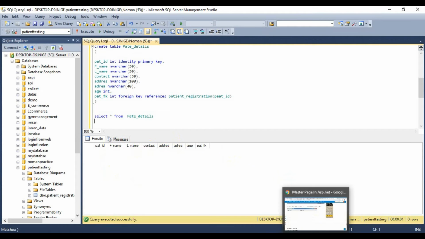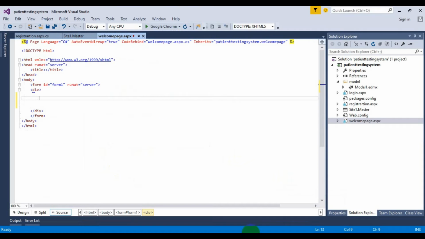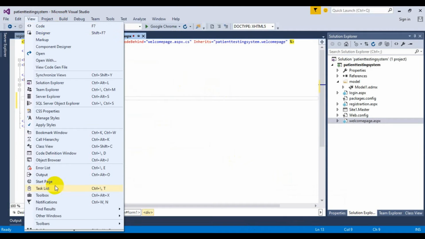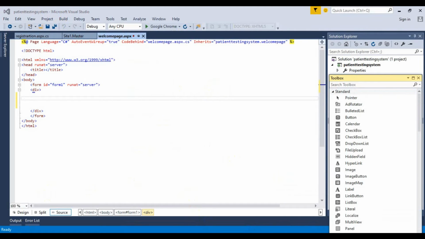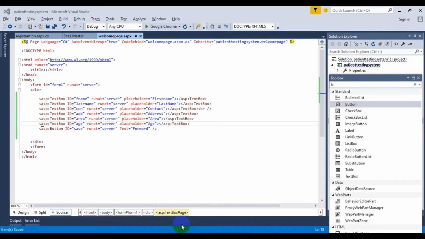In the text boxes I'm going to add six text boxes and a button. So open the toolbox and add the following. Okay guys, so I have added here a first name, last name, contact, address, area, age,